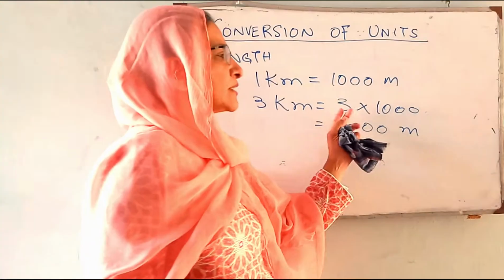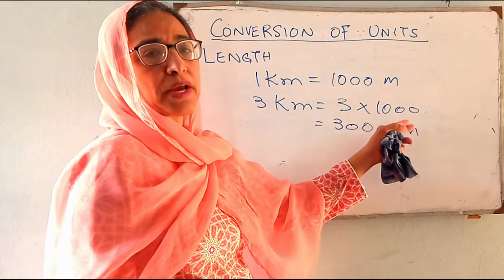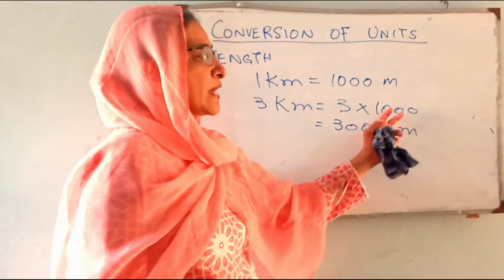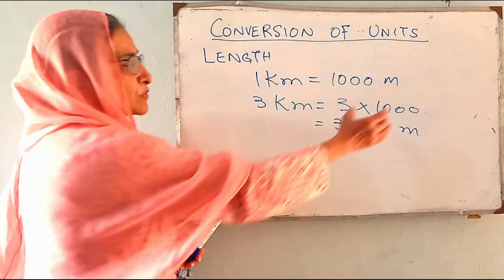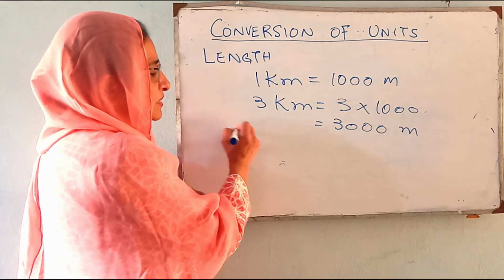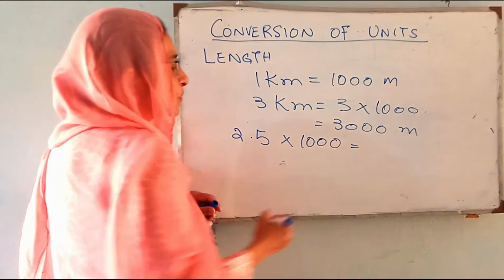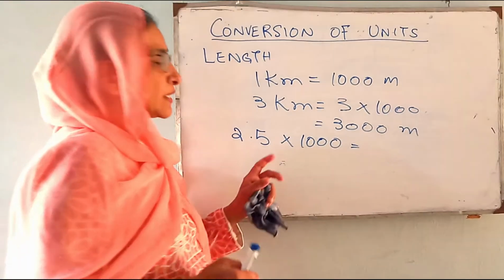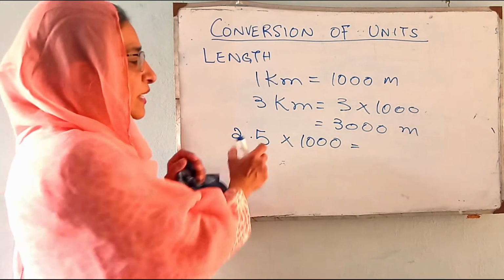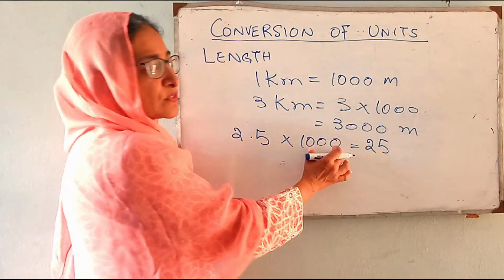That means that instead of doing all the multiplication, I can directly write the whole number as it is, and put the zeros at the end. And for example, if I have a number which contains a decimal and I have to multiply it by 1000, I will write this number as it is, and I am going to add these 3 zeros in the end.